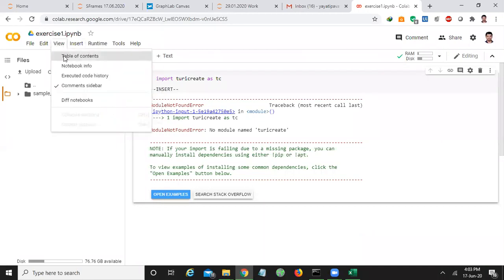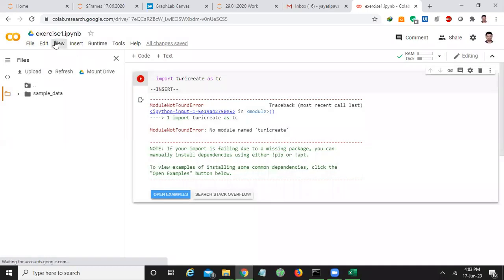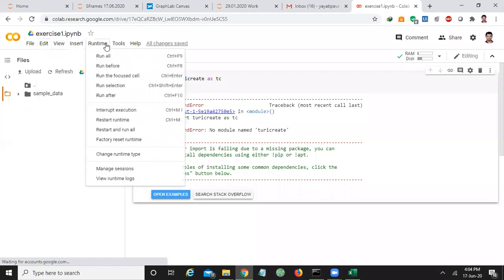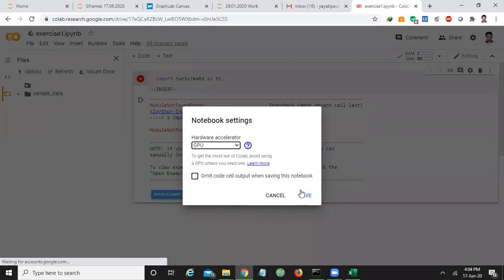One minute, give me one minute of time. Change runtime type here. Hardware accelerator, select GPU.